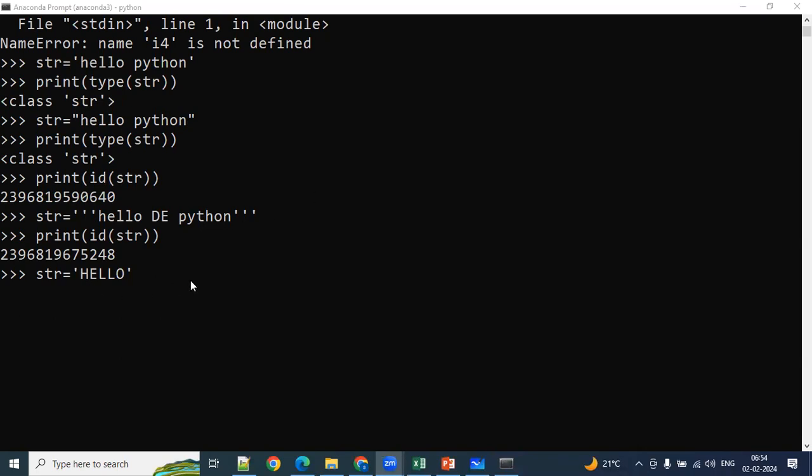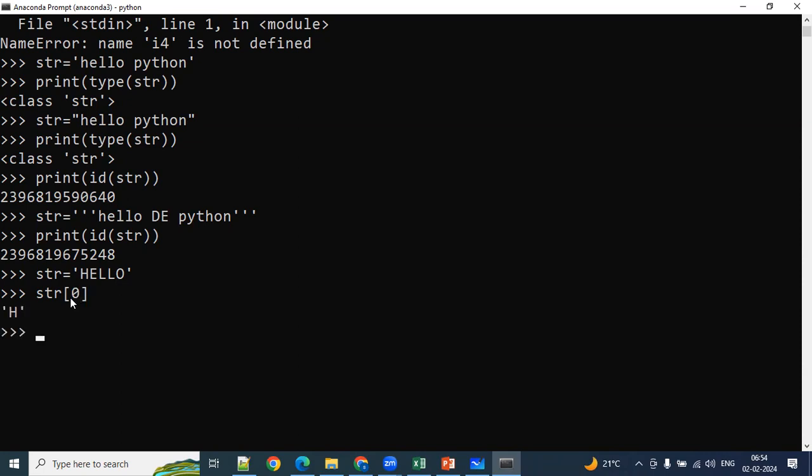Hit enter, and the variable is created in the backend. If you want to access the characters one by one from the string, you write str of, and the index you always have to represent in square brackets only, guys.